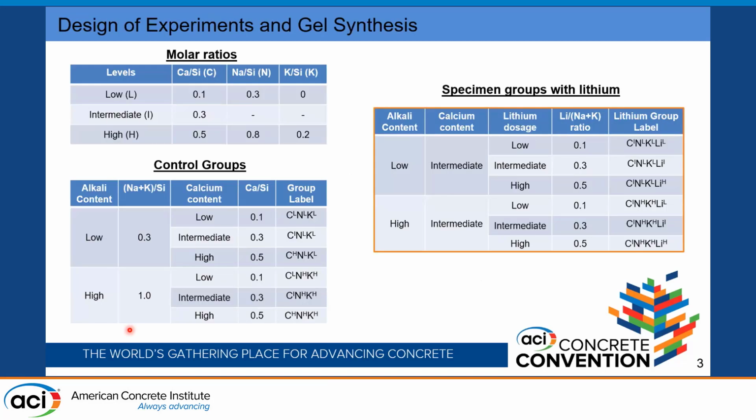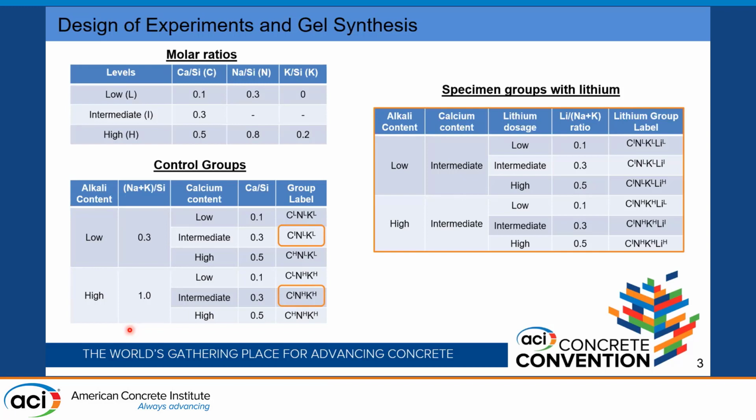Before this study, in one of our previous works, we studied the influence of chemical compositions of ASR gel on its structural and mechanical properties. We studied 3 different calcium to silica ratios and 2 alkali to silica ratios. From this study, we found there are 2 most representative ASR gels. One is at the low alkali to silica ratio, and another one is at the high alkali to silica ratio.